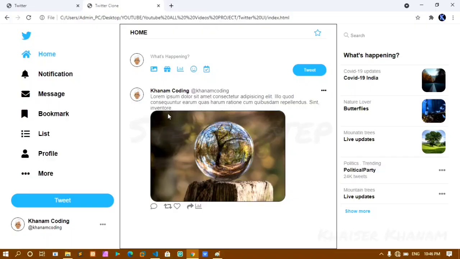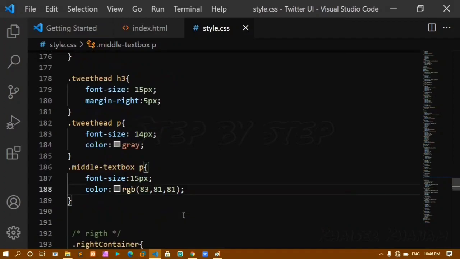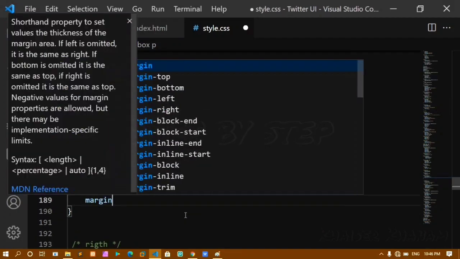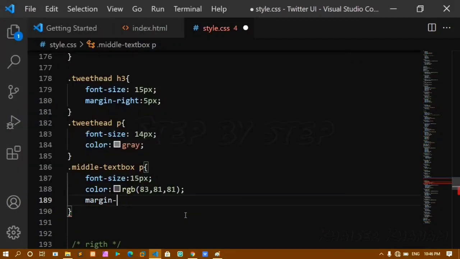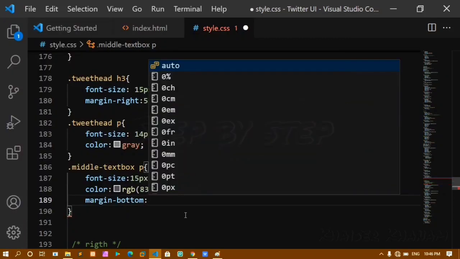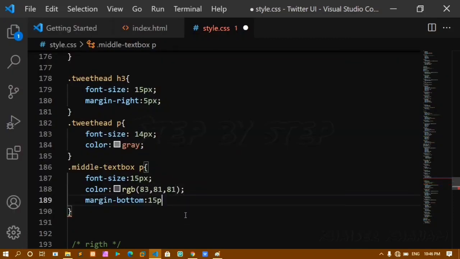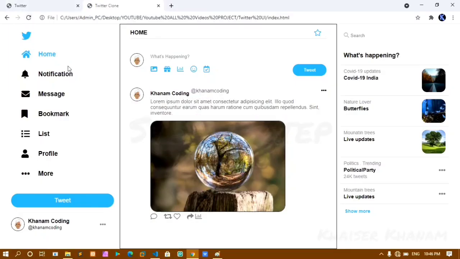Now as you can see, I don't have a space from below, so I'll just give margin bottom. Margin bottom I'll give 15 pixel. I'll save this. Now if I refresh this, I got margin bottom of 15 pixel. Now you can see here my text has gone above.